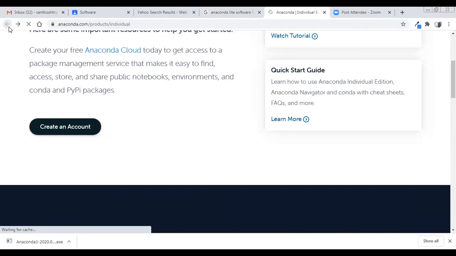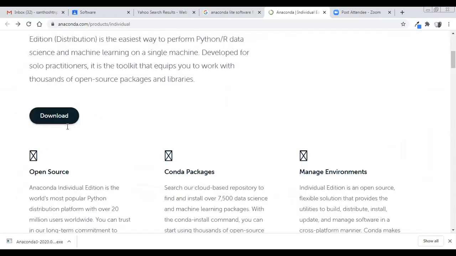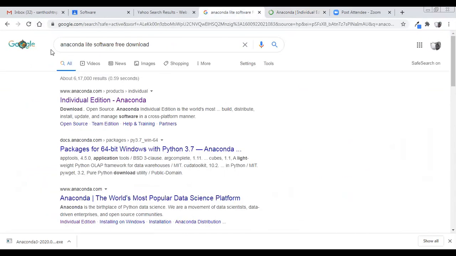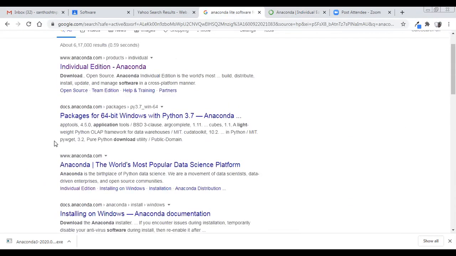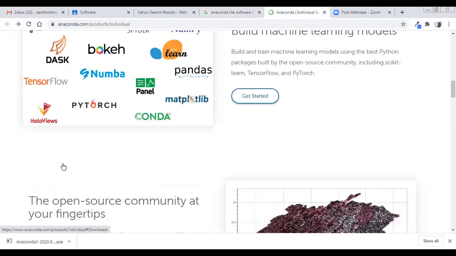Or better, go to the browser and search for Anaconda Lite software free download, and you get plenty of websites that contain Anaconda software. Whether you go to the official website, anaconda.com, click this first link and it opens like this. Scroll down and press download.